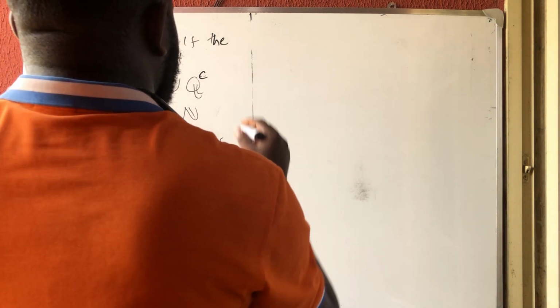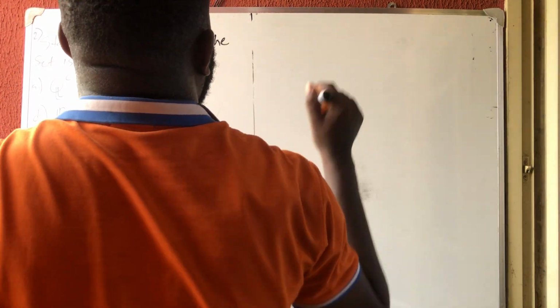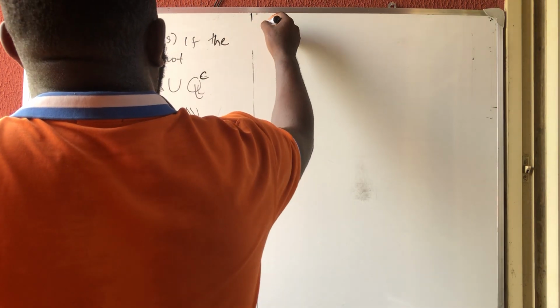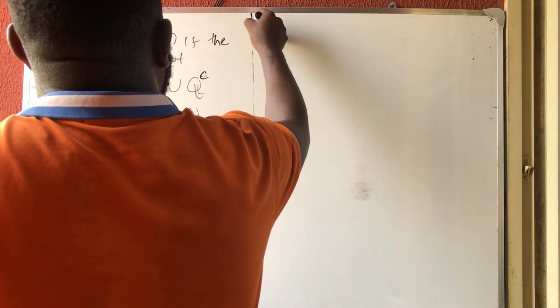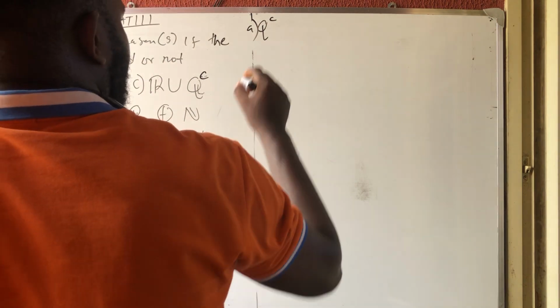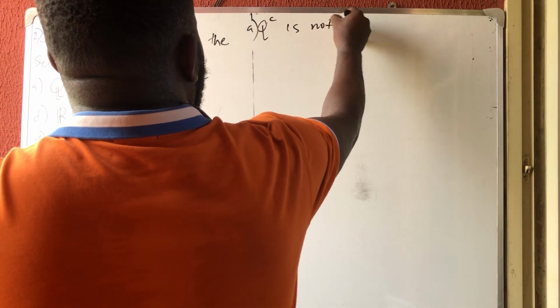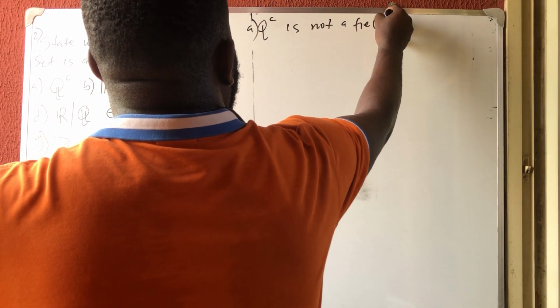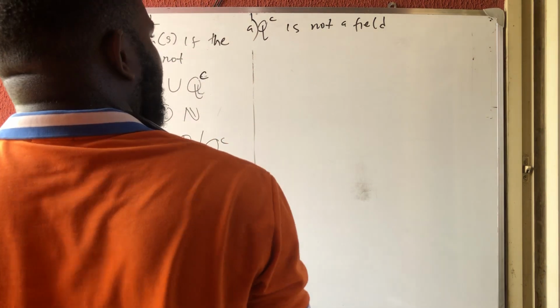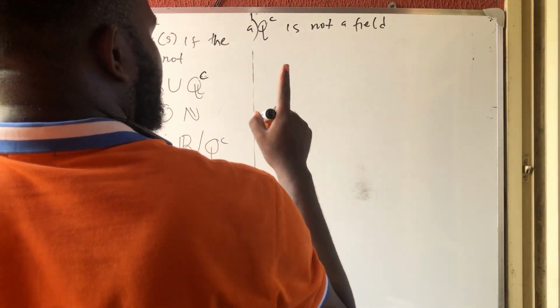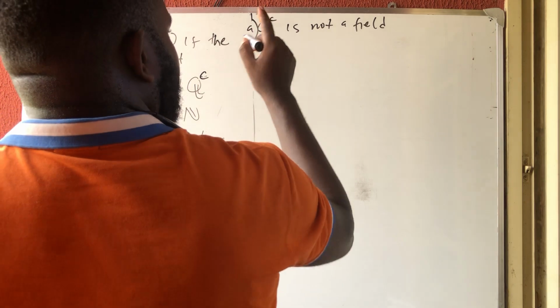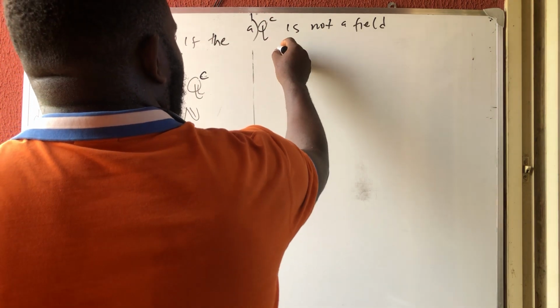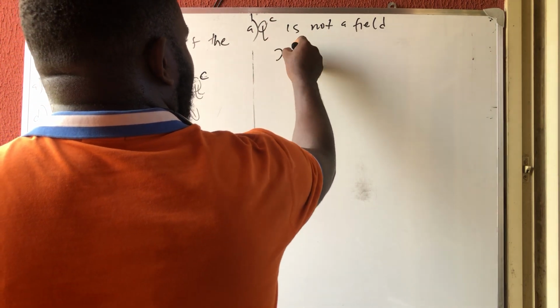Let me get 2 irrational numbers that I know. See why I say that this is not a field. Why? Because, let me give you an example. For it to be a field, there is a property I know, the multiplicative property, that says any element from here times